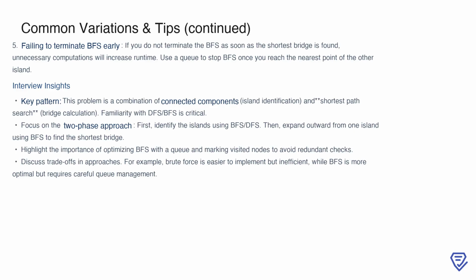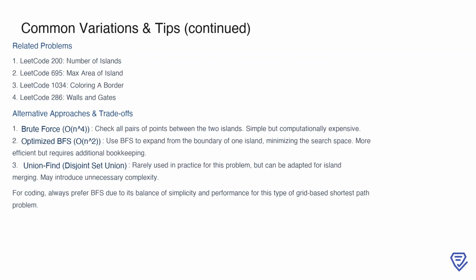It's also helpful to understand the trade-offs between different approaches. While brute force is easier to implement, it's highly inefficient. BFS, on the other hand, strikes the right balance between performance and complexity, but it does require careful queue management. To deepen your understanding of this problem, you can explore related problems on LeetCode. For example, Problem 200, Number of Islands, focuses on connected components, while Problem 695, Max Area of Island, is another variation that emphasizes island traversal. Problem 1034, Coloring a Border, and Problem 286, Walls and Gates, also involve grid-based searches with BFS and DFS, making